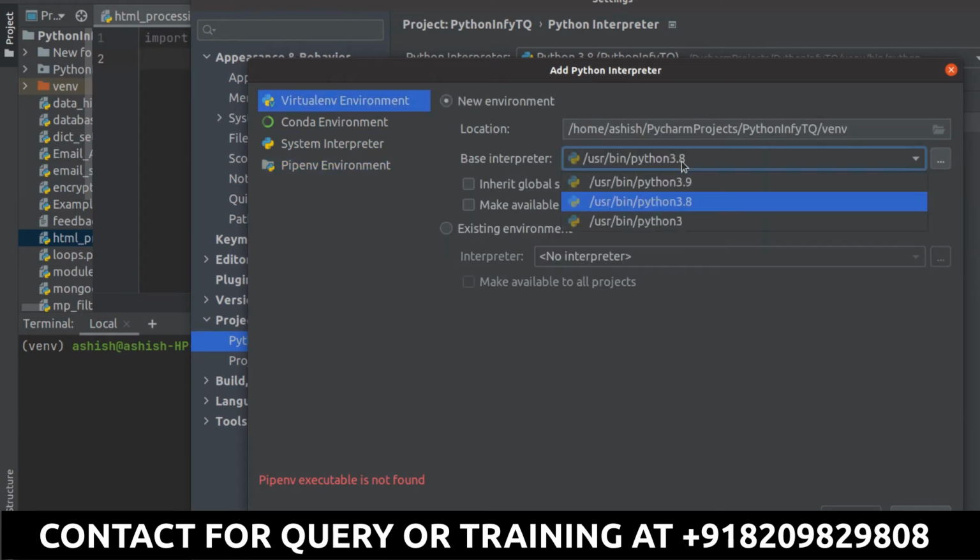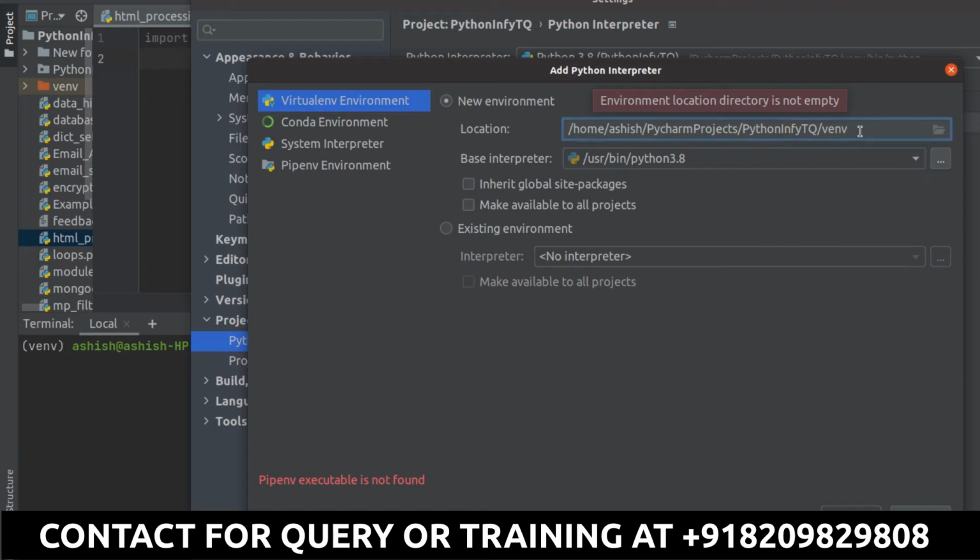Okay, so as per this, just select the interpreter which you want to use. So just select this, and accordingly whatever is the name, just use it. Like you can see virtual environment is already there, so that's why it is asking me to change the name, and accordingly you can write the name for your virtual environment. And when you are done with this, just click on OK, and it will create a virtual environment for you,